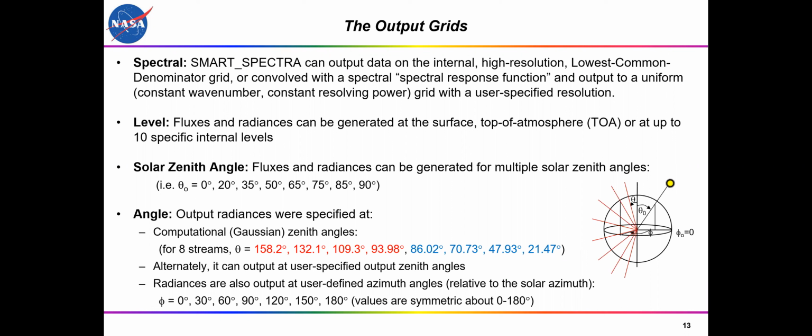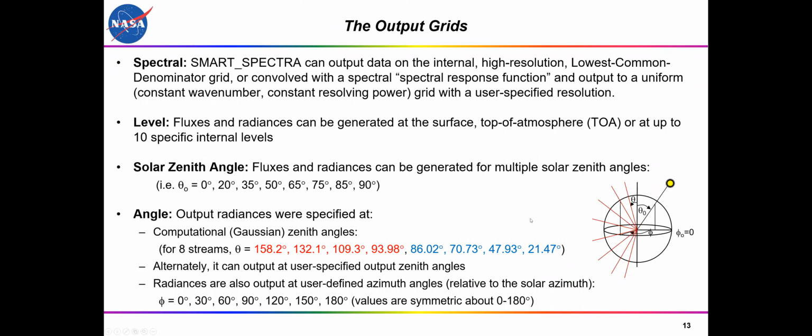The code generates radiances for separate solar zenith angles. So if you need to know the radiances at 10 different solar zenith angles for a solar calculation, for example, but you want them all to come out with everything else the same, the same model atmosphere, you can just generate them at a variety of solar zenith angles. Then the radiances actually are generated on a set of specific streams. We have a computational grid internally. The user can also specify